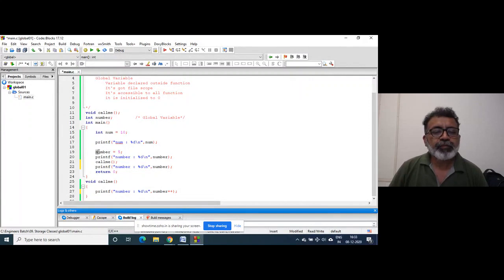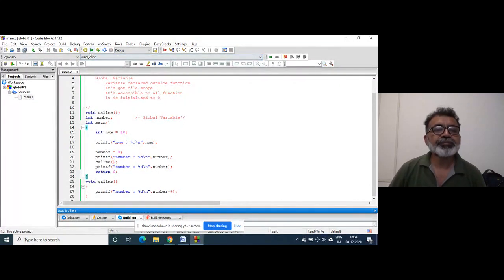Now 5 has been assigned to this global number, so it will print 5 here. Then the function is called, then it will print 5 here. Once it is printed, the number will be incremented, so it becomes 6. So it should print 5, 5, and then 6.